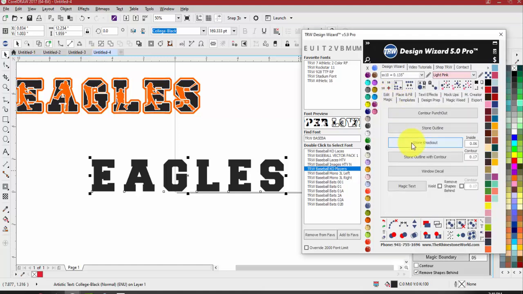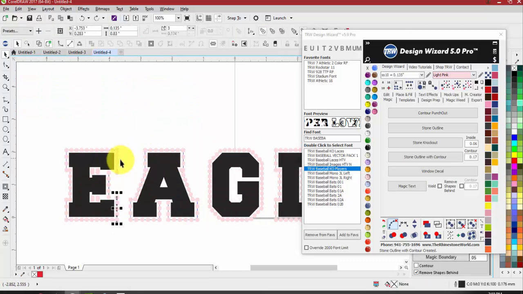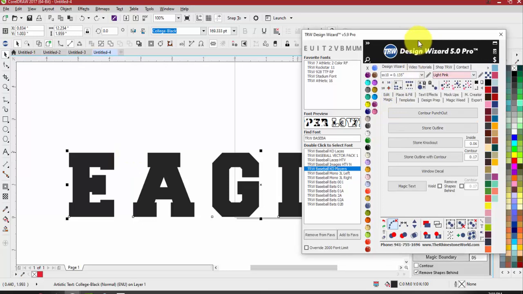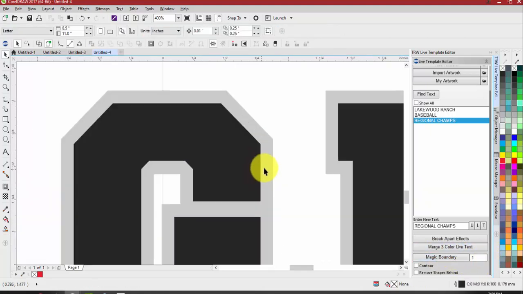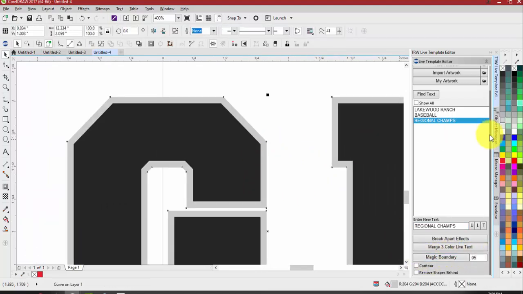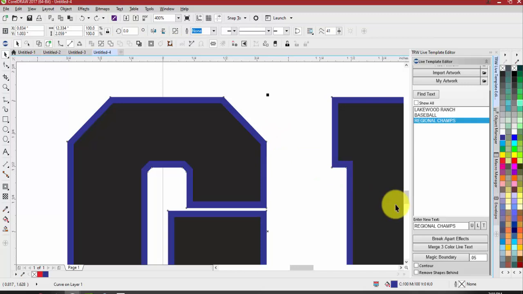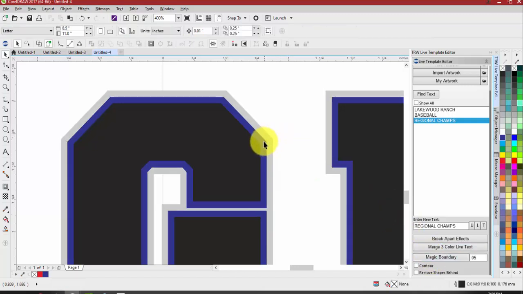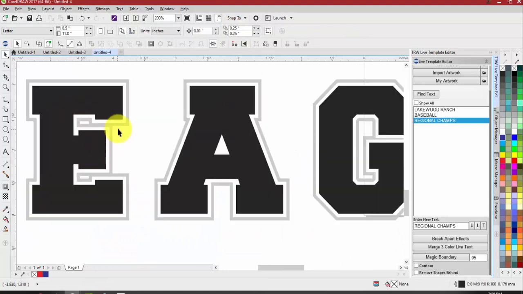One quick way is just going to Stone outline with contour, and it'll give you that outline there. But you'll just have to delete the stones, or you can use your boundary tool with remove shapes behind. Set this to about 0.1, hit the boundary, and that might be a little bit much, so we'll do half of that, 0.05. That looks good. Then select that. I'm just going to make that blue so we can see it. Select the blue, hit another boundary, and then you're going to select that blue, hold shift and select the gray, and then do a back minus front, and then that will give us that two color look just like